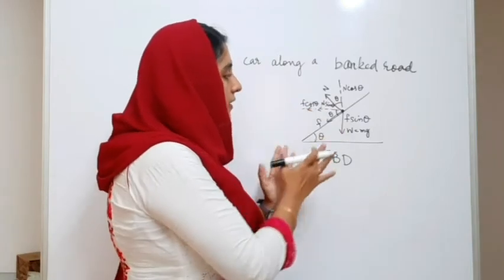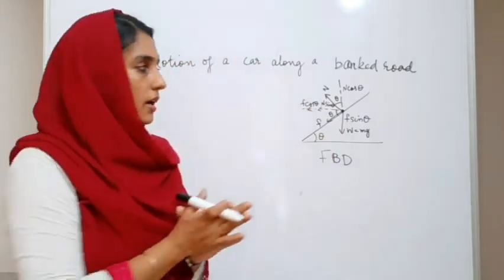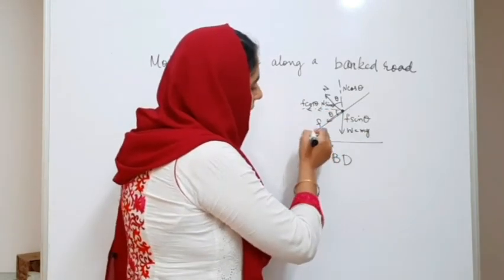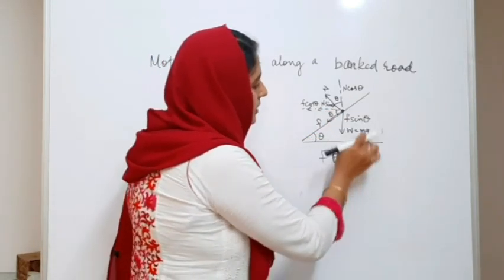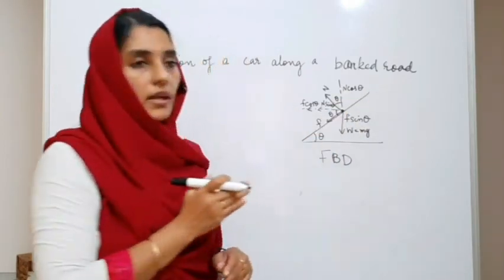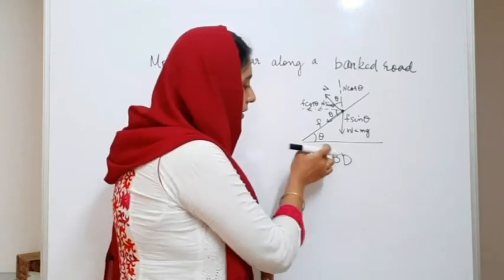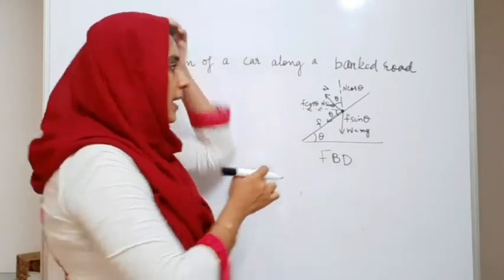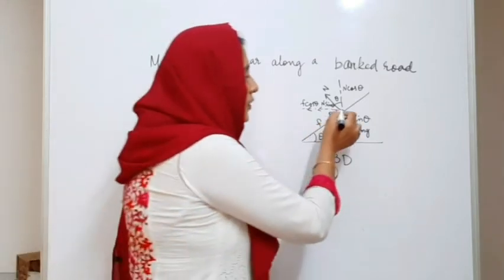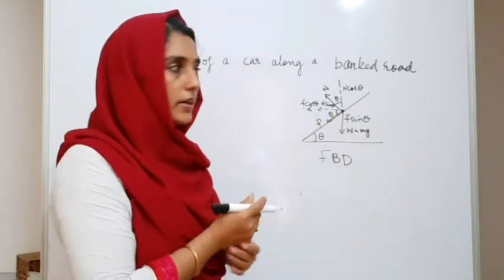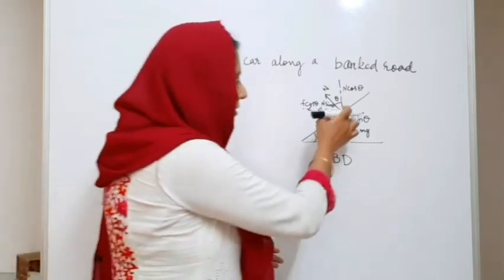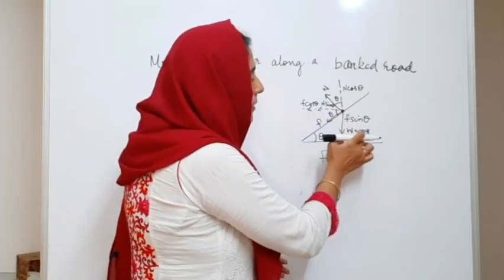So we can see different forces acting on the body, and we call this a free body diagram. So this is the angle of banking. This is the outer edge. You can see the inner edge is raised at an angle theta with respect to the horizontal direction. And let us see the different forces acting on the body. The first force, of course, is the weight acting on the body, which doesn't change in any situation, which is vertically downward. So I have shown it downward. W is equal to mg.